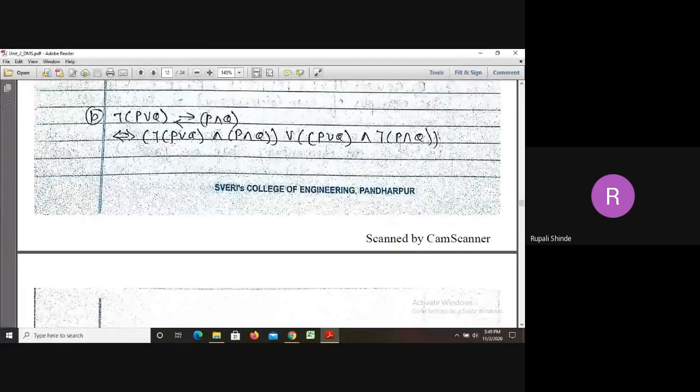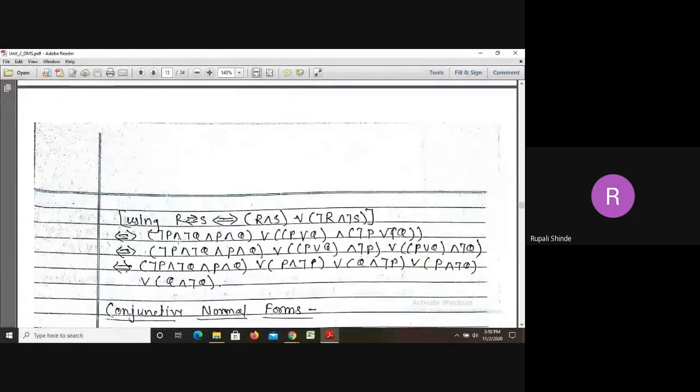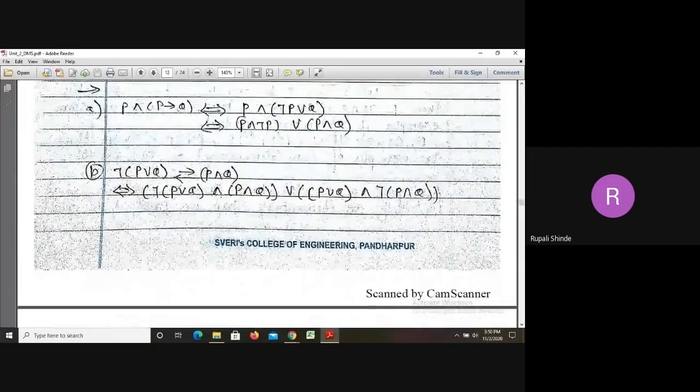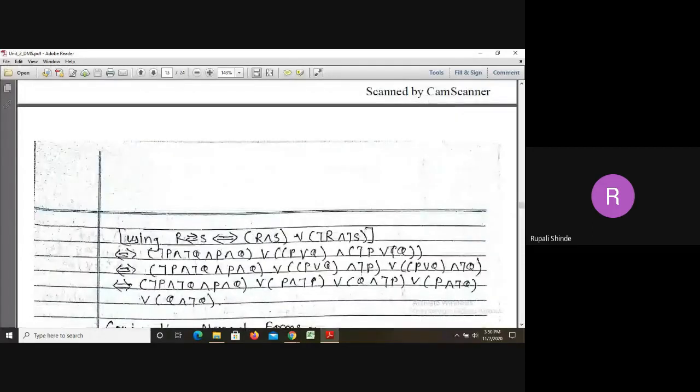Yes, ma'am. Okay. Now in step number 2, we have to apply this negation inside the bracket. What will be the formula now? Apply the negation. Here the negation is applied to P or Q. If you apply it over the bracket, you will get negation P and negation Q. So this is written here: negation P and negation Q, and P and Q. This is our first bracket.